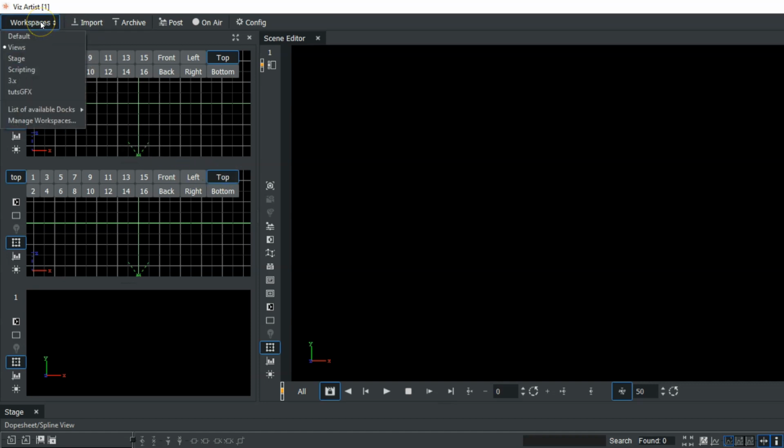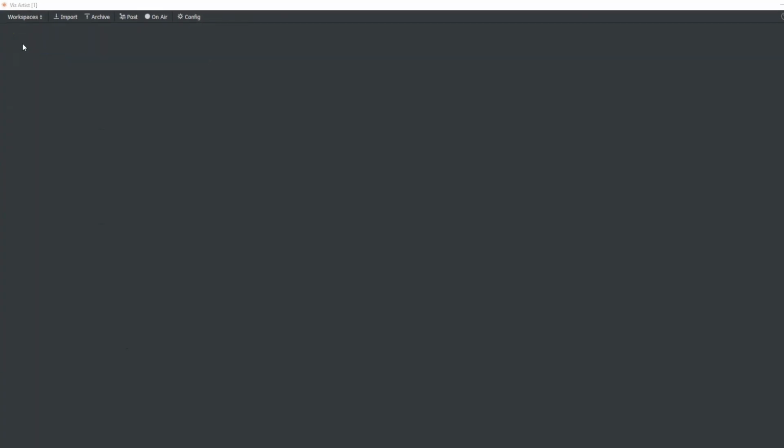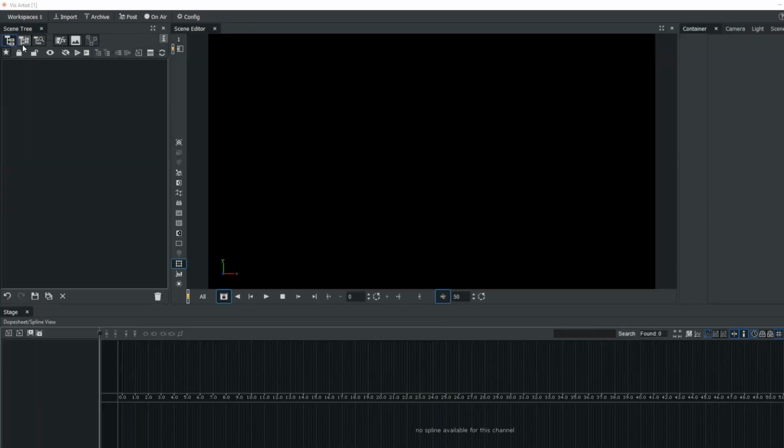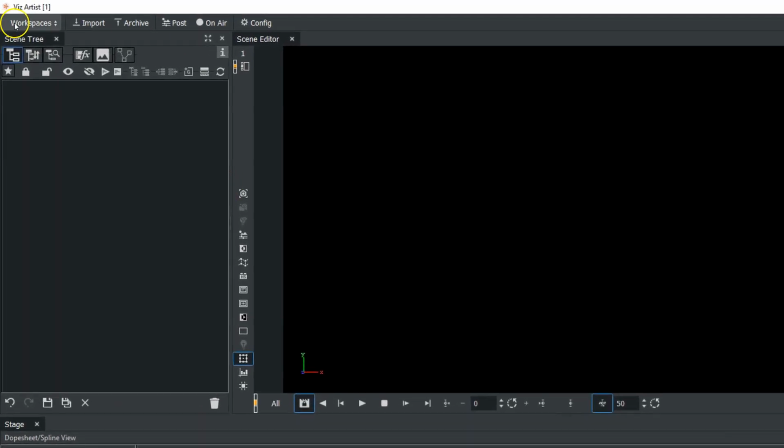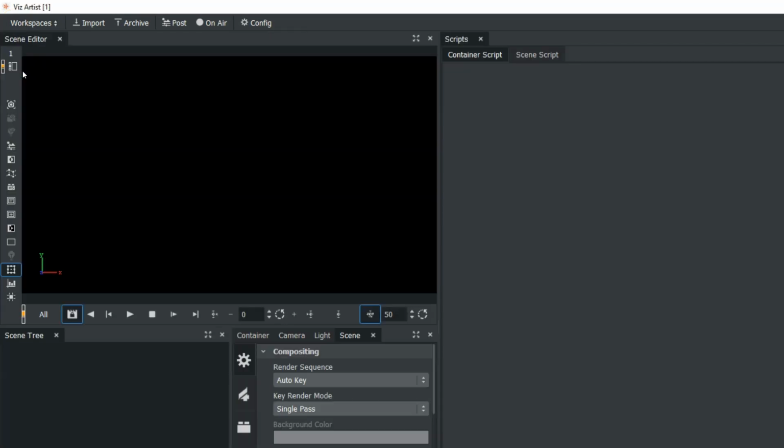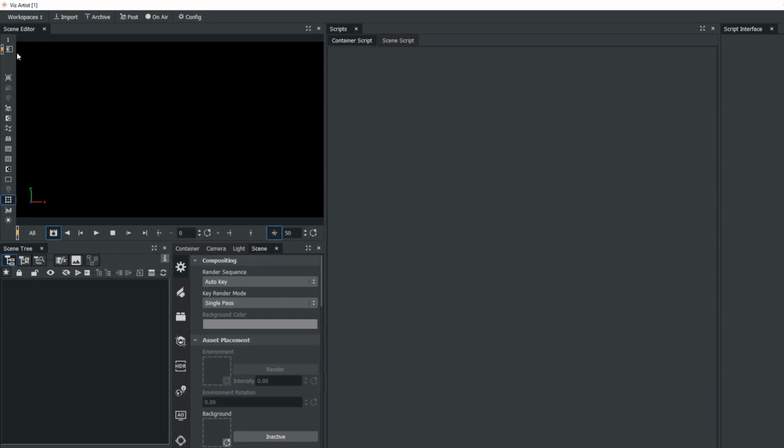With the other workspaces, we also have a stage workspace. So if we click on the stage workspace, we now have access to the stage across the entire bottom. Another workspace that we have available here is scripting. So if we click on the scripting, you're now again presented with a completely different interface that maximizes your screen